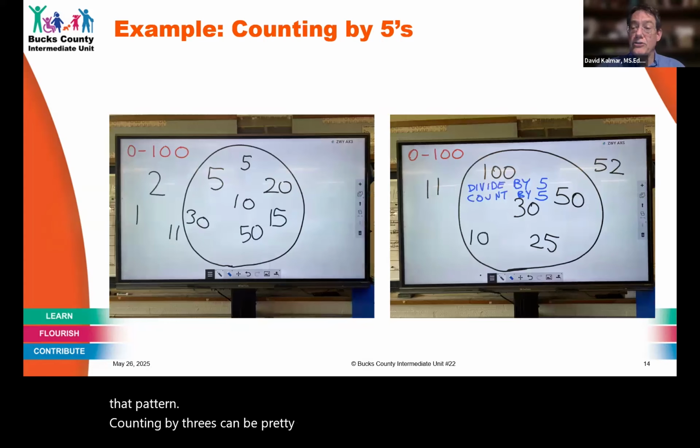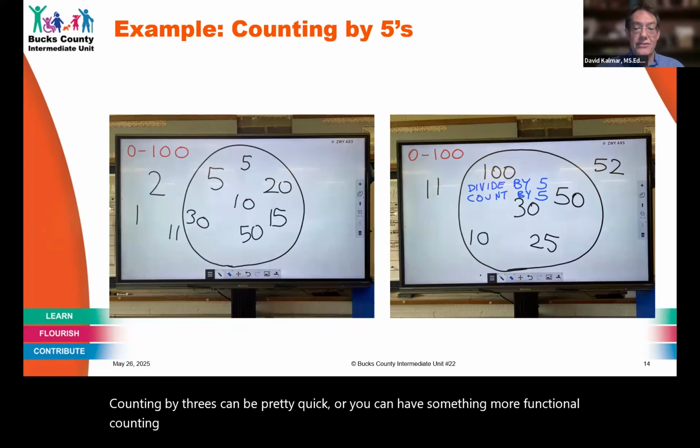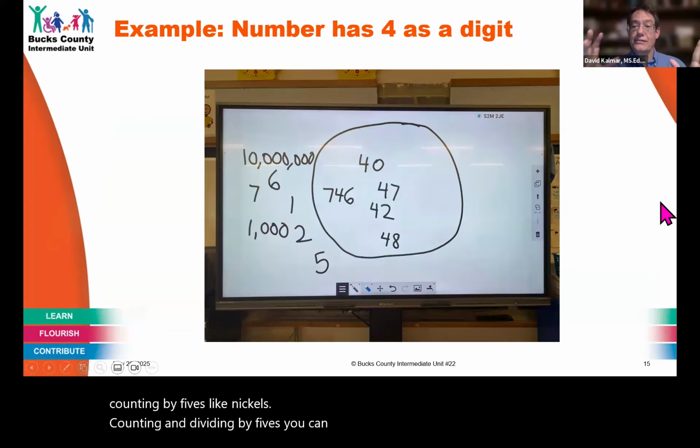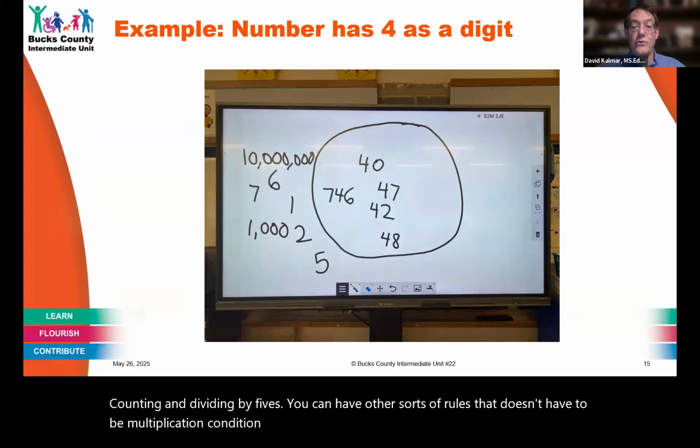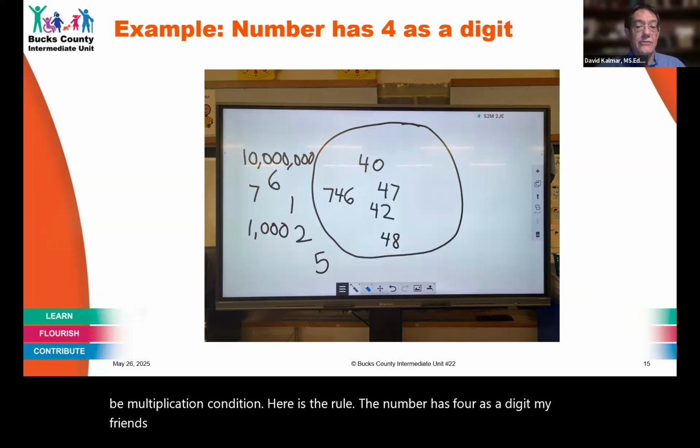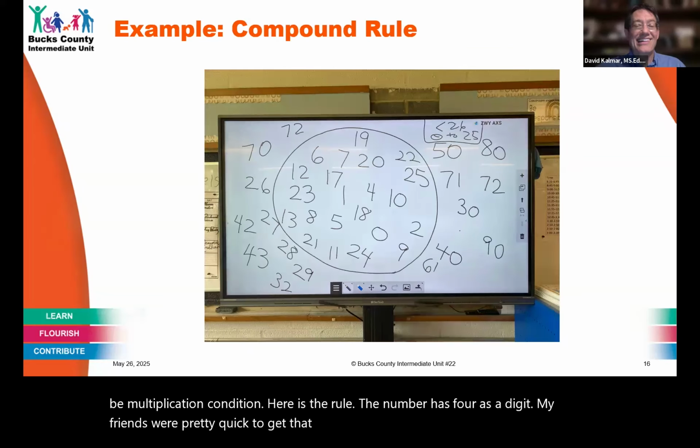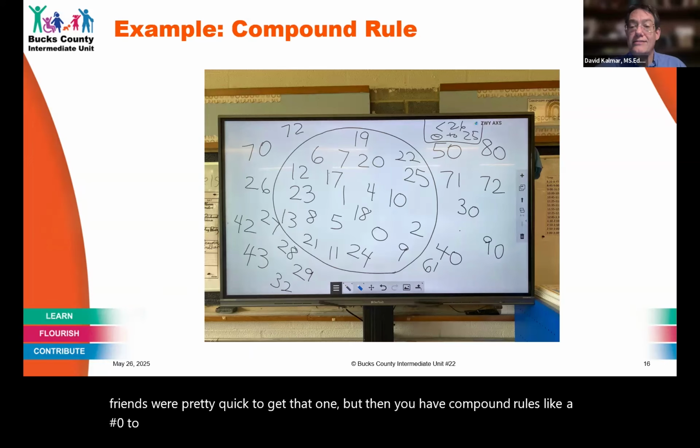Or you can have something more functional, counting by fives, like nickels. Counting and dividing by fives. You can have other sorts of rules. It doesn't have to be multiplication and addition. Here is the rule: the number has 4 as a digit. My friends were pretty quick to get that one. But then you have compound rules like a number 0 to 25 or less than 26 can be pretty tricky for them to identify. So